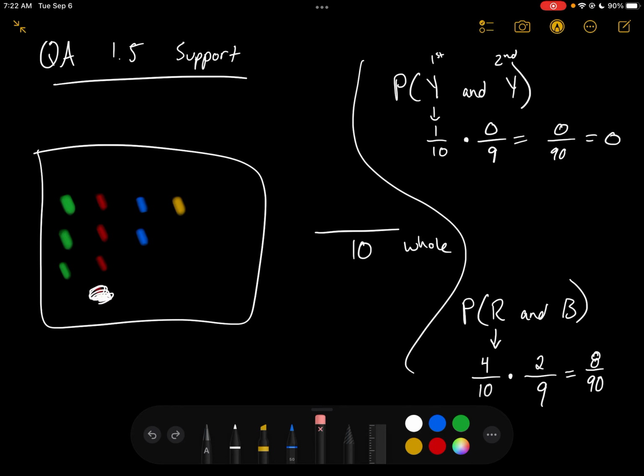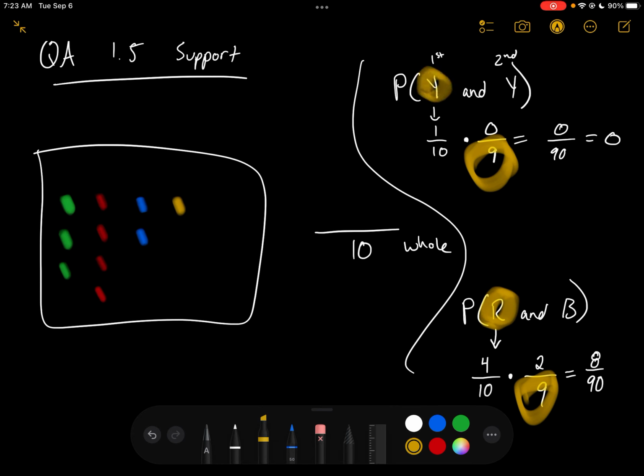What you'll see is for both, your whole goes down. So for both of these things, basically what's happening is we're going to see that our second time through, we end up with 9 total things. But it depends if the top changes. So it depends on what you take out first if your top changes. And to be specific, they tell you what you take out first. So this one they're telling you, yep, you're taking out a red. This one they tell you, yep, you're taking out a yellow. So there's no guesswork in what you're removing from the bag. It's always